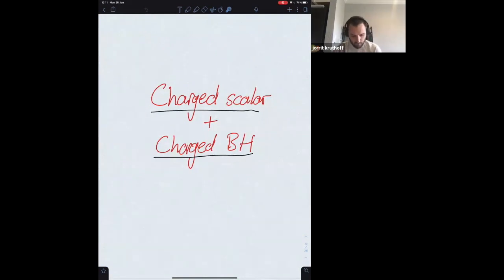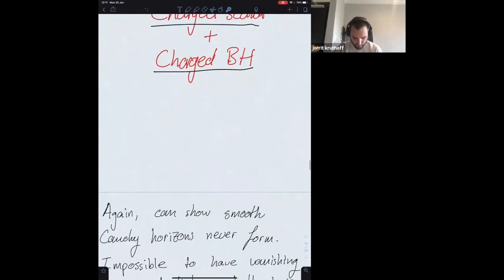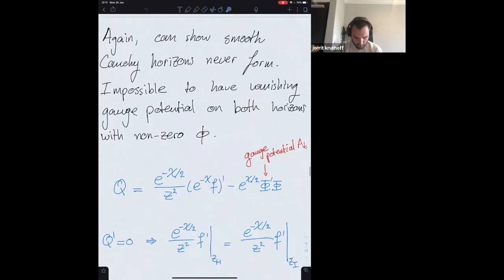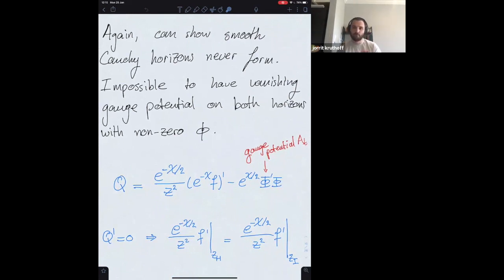So the setup will just be similar as before. First, I will tell you a little bit about why there's no Cauchy horizon. All right. So if you look at the equations of motion and you try to find a solution by perturbing around, say you start with the solution at the horizon, and you make some power series ansatz, what you find is that you would have either